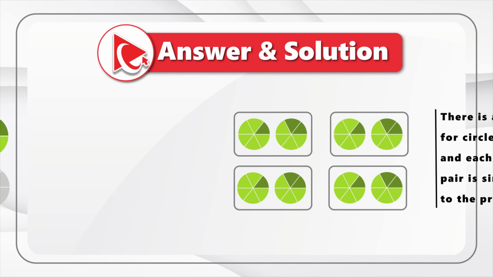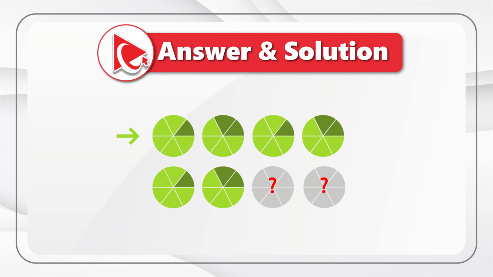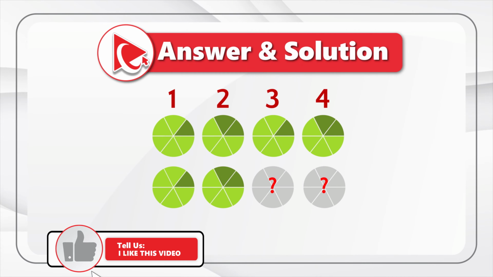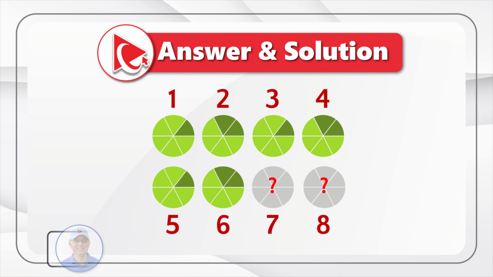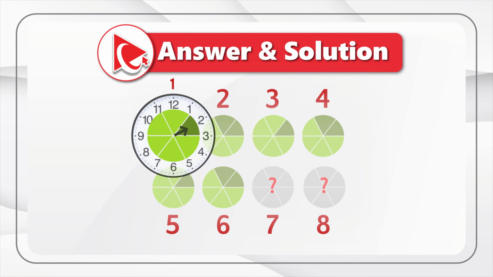To better understand the pattern, let's give each circle a unique number. If we start with the top row of circles, the numbers would be 1, 2, 3, 4, and the bottom row circles will have numbers 5, 6, 7, and 8, with 7 and 8 being our missing pair. If you look closely at the circle 1, you will see that there is a dark section at the